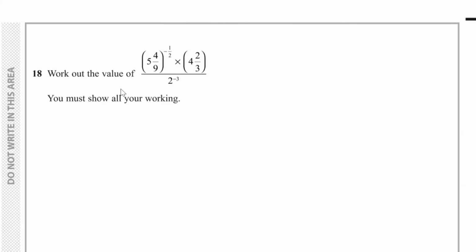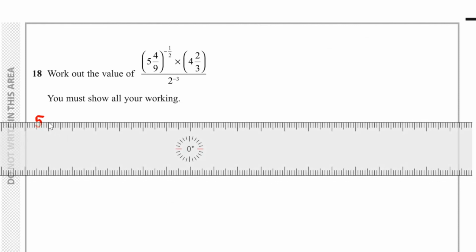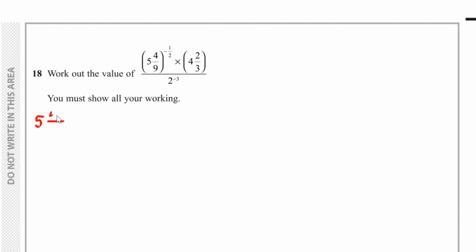Question number 18, we have to work out the value of 5 and 4/9 to the negative 1/2 multiplied by 4 and 2/3, all divided by 2 to the negative 3. We must show all our working. Well, let's first of all deal with this 5 and 4/9 to the negative 1/2. If I have 5 and 4/9, and if I'm raising this to the negative 1/2,